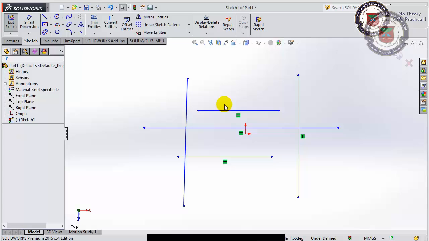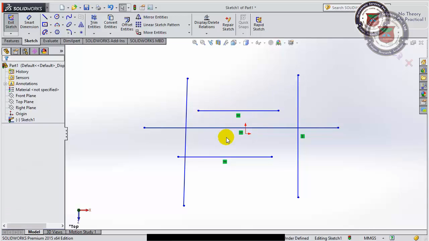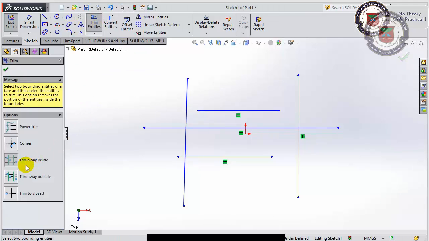Let me show you once again. This line and this line, I want to delete these two lines, but I don't want to delete this line. This is a peculiar case, so I am using the trim entity command, trim away inside command. So these two will be deleted, but the third one will not be deleted.